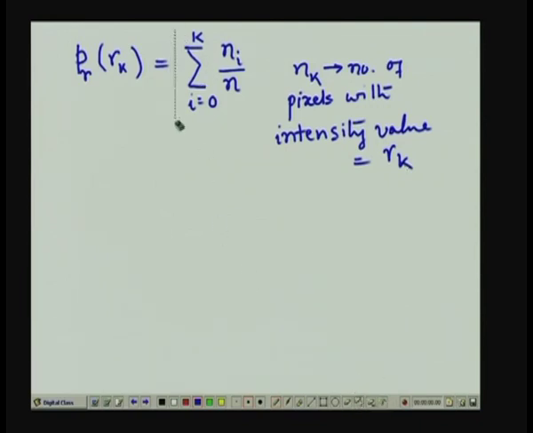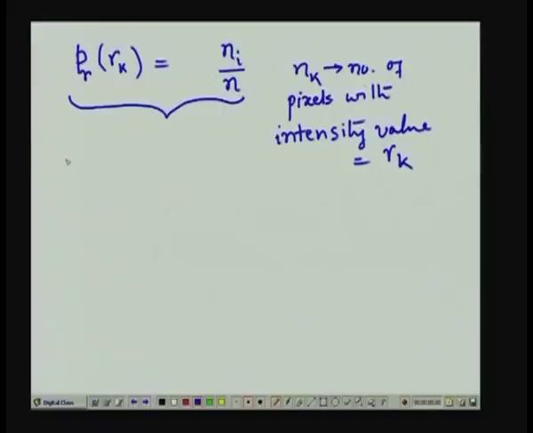Sorry, this is not a summation; p(r_k) is given by n_i by n_k. This expression tells us the probability of a pixel having a value r_k present in the image. And the plot of all these p(r_k) values for different values of r_k defines the histogram of this particular image. Now, when we talk about histogram equalization,